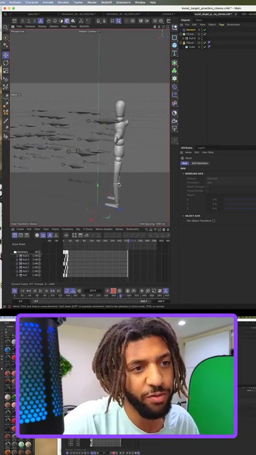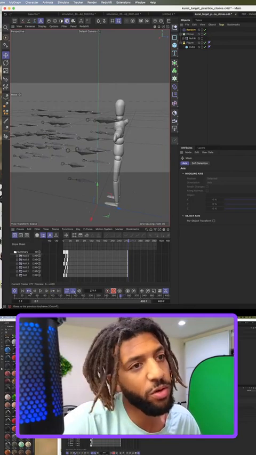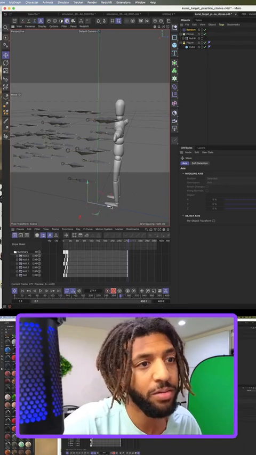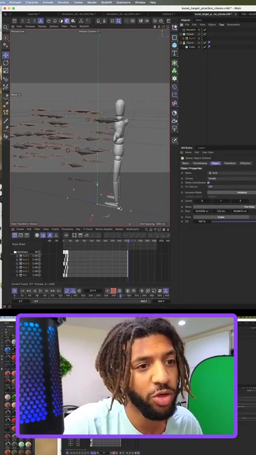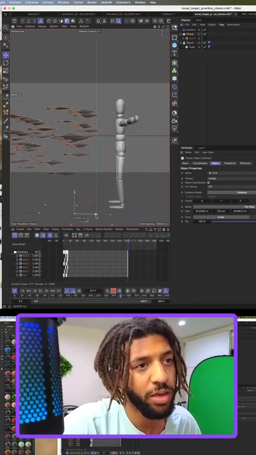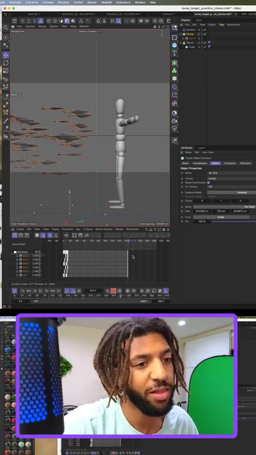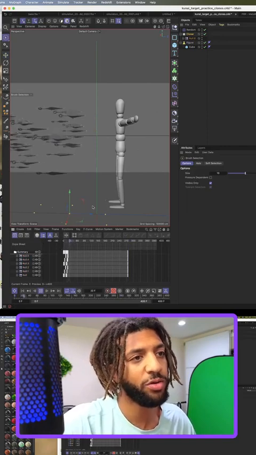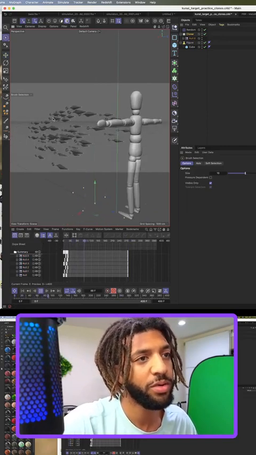Normally I would film stuff and then work on an asset to look like this. But with this new workflow that I'm showing you, you can do the opposite. You start off with finalizing the asset, the animation, whatever you want, and only after it's done, then you